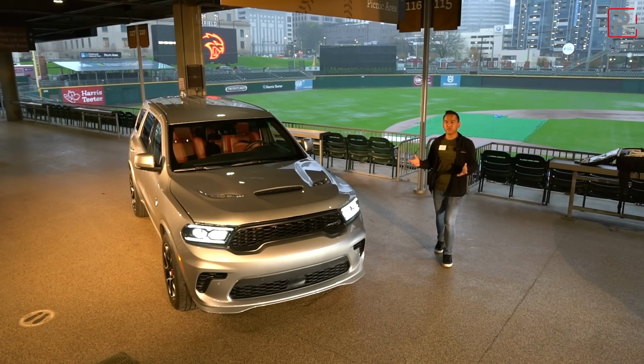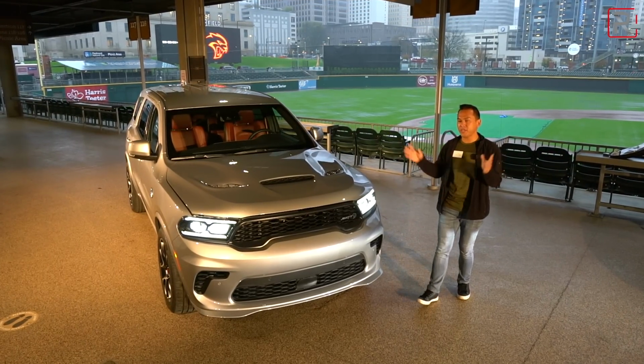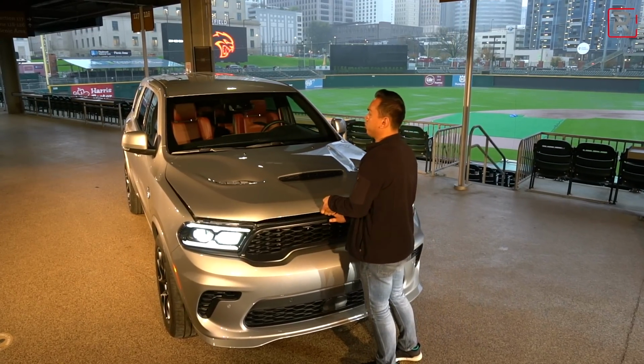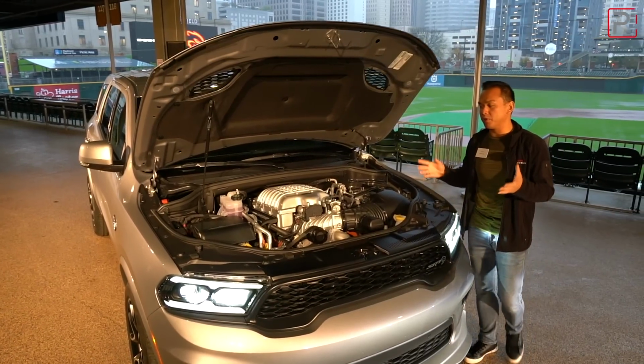So I'm here at Truist Field, which is the home of the Charlotte Knights, because it is pretty heavily raining outside, but thankfully we're under this covered portion here at the stadium where I can show you guys this all-new Durango SRT Hellcat. Now obviously with a Hellcat, I want to first start off with the motor,